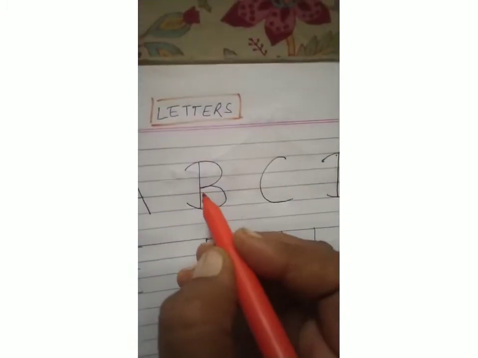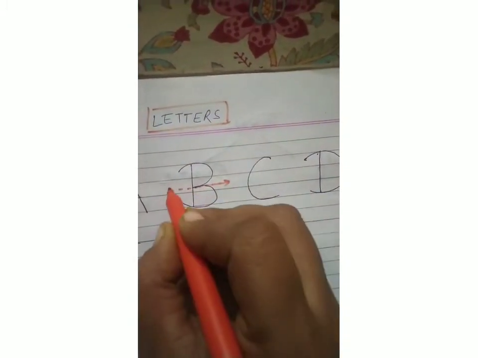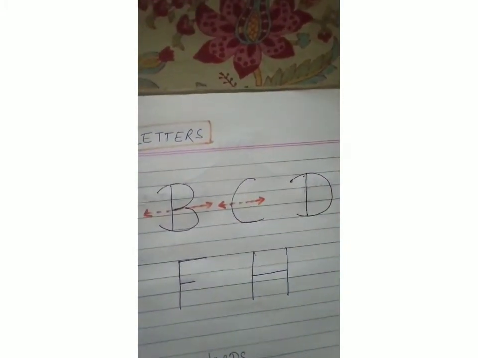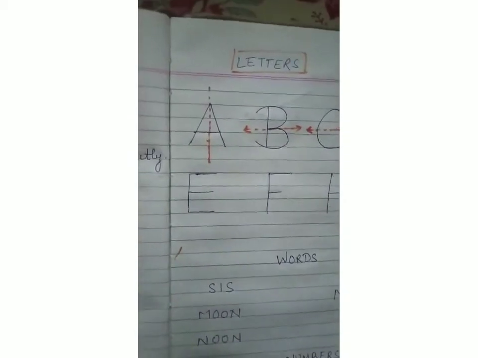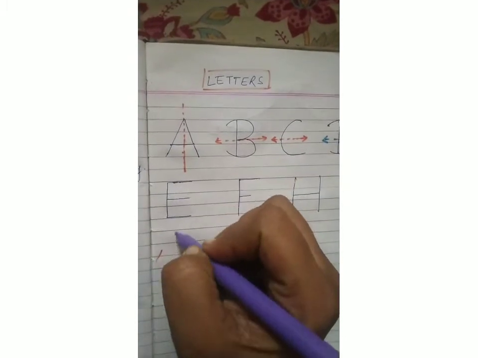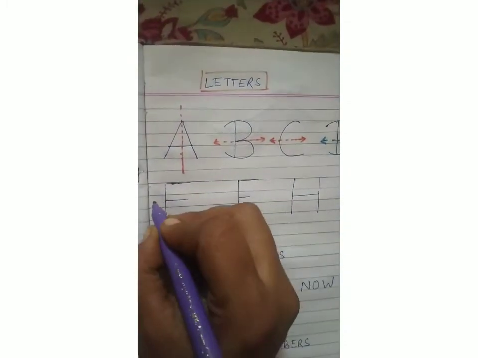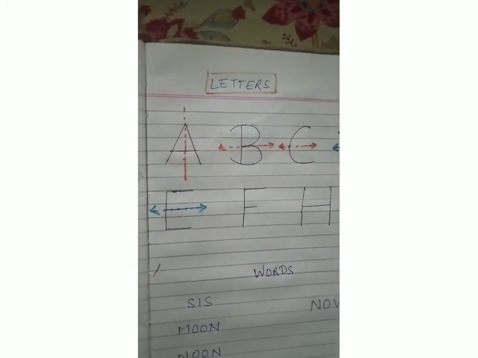Okay? In B, you must know children, a horizontal line of symmetry is there. As well in C, a horizontal line of symmetry is there. In D, again a horizontal line of symmetry is there. In E, yes, if I will make a line like this, I cannot fold equal parts onto each other. So if I will draw a line like this, then I can get equal halves.